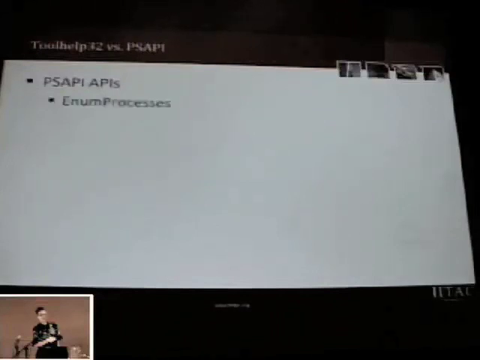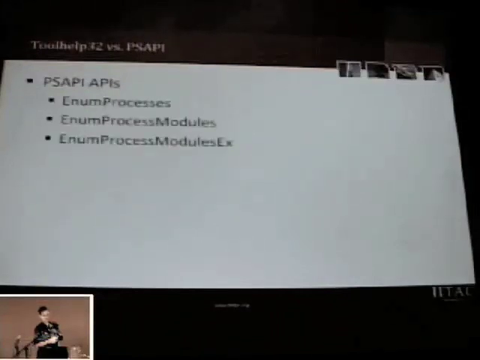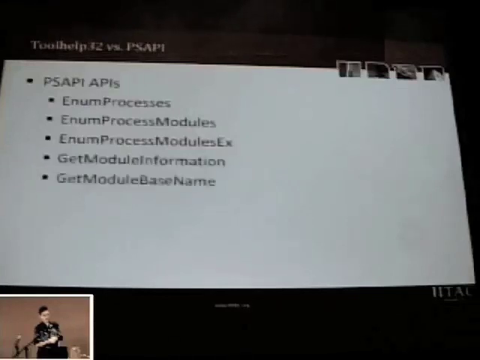So it's basically the same thing. Depends on what you're working with, but they give back the same results. So let's see the PSAPI family. EnumProcesses, EnumProcessModules and ModulesEx, GetModuleInformation, GetModuleBaseName, and finally GetModuleFileNameEx. So let's see, the EnumProcesses function returns